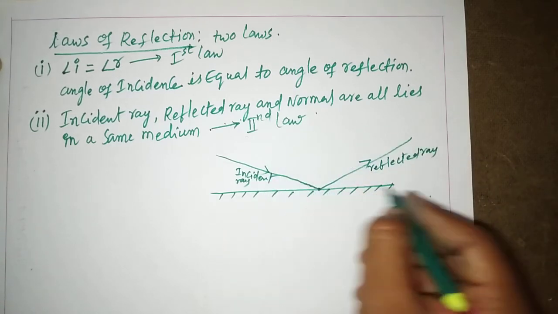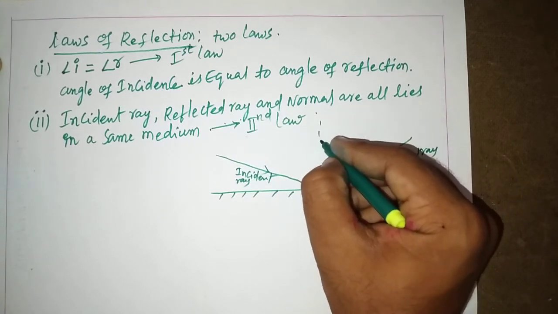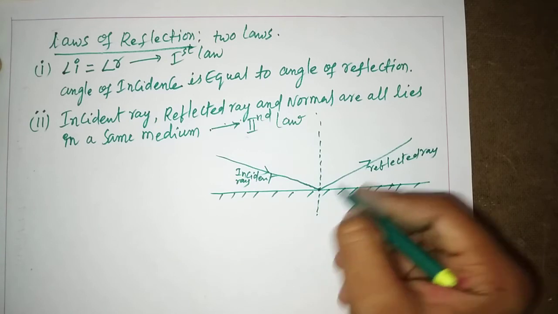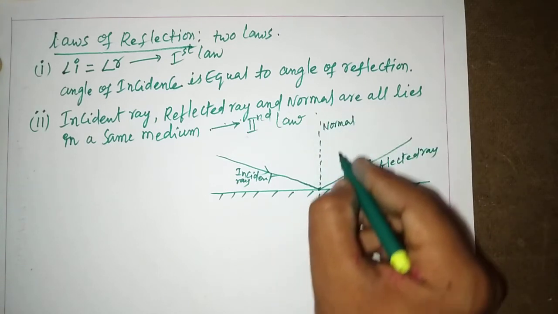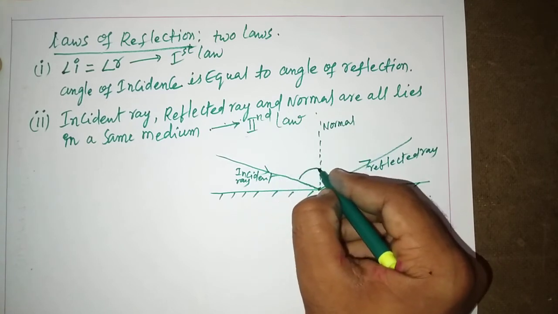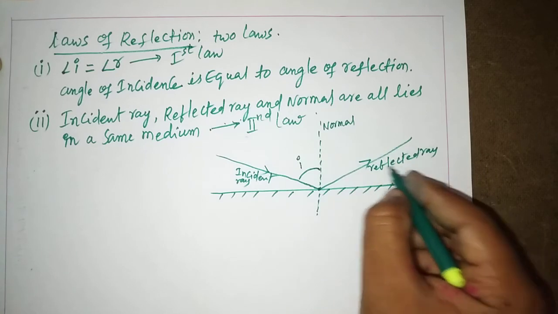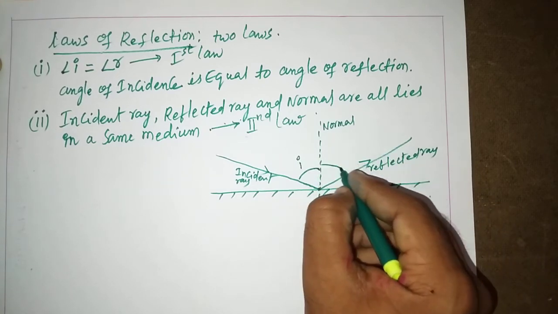In between incident ray and reflected ray, we can draw an imaginary line. That imaginary line is called normal. The angle made between incident ray and normal is called angle of incidence I, and the angle between reflected ray and normal is called